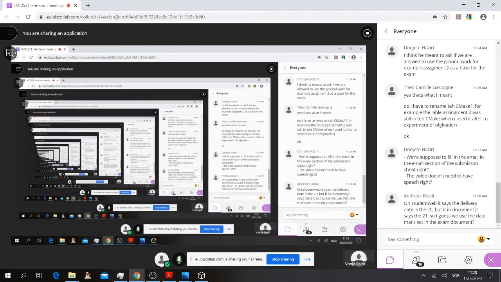Yes, you use the one in the exam document, because actually the 21st is a holiday, and they have put off 72 hours. To get those 72 hours we need to go into the 21st, otherwise I would have had to go through this task yesterday for you, so that's why we have done it that way. But yeah, the 21st. So Studentab is just a default that will be there.